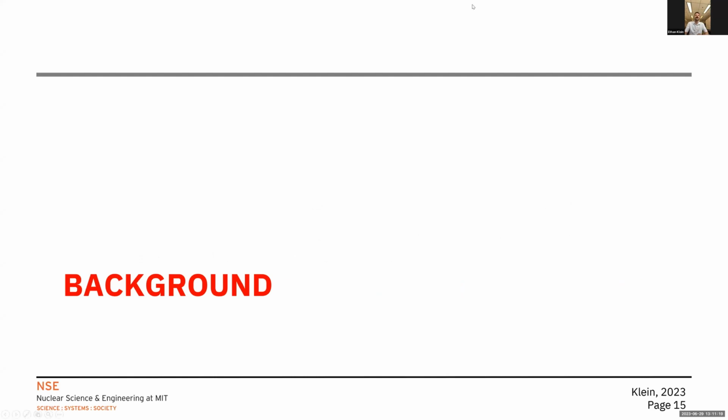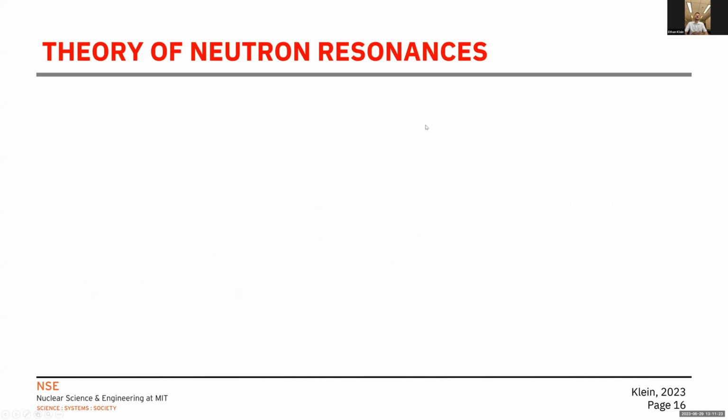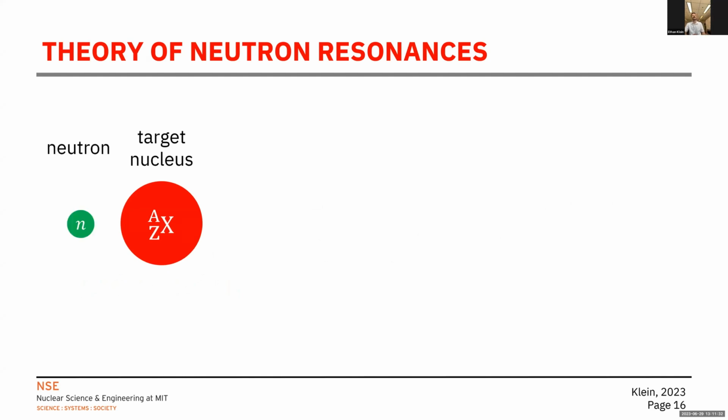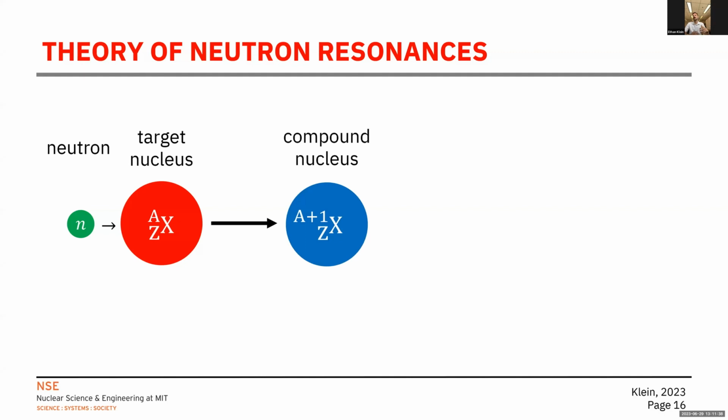So just by way of background for you guys, let's start out with the theory of neutron resonances. Let's say we have a target nucleus X, isotope A of element X. We'll take a neutron and put that neutron incident onto the target nucleus, and what comes as a result? There's a likelihood of forming a compound nucleus, a state that's formed between the two, an intermediate step of this isotope A+1, and then there are a few different pathways that we can go from that